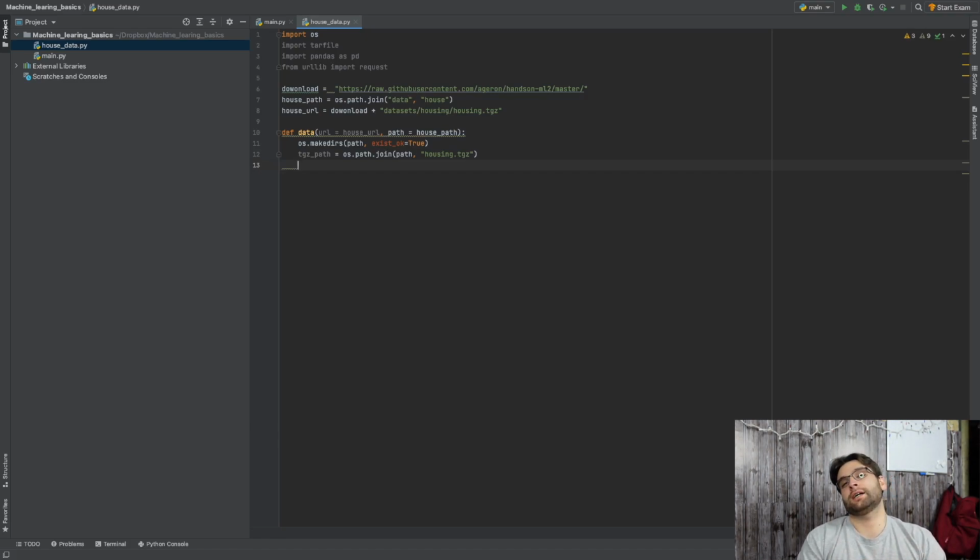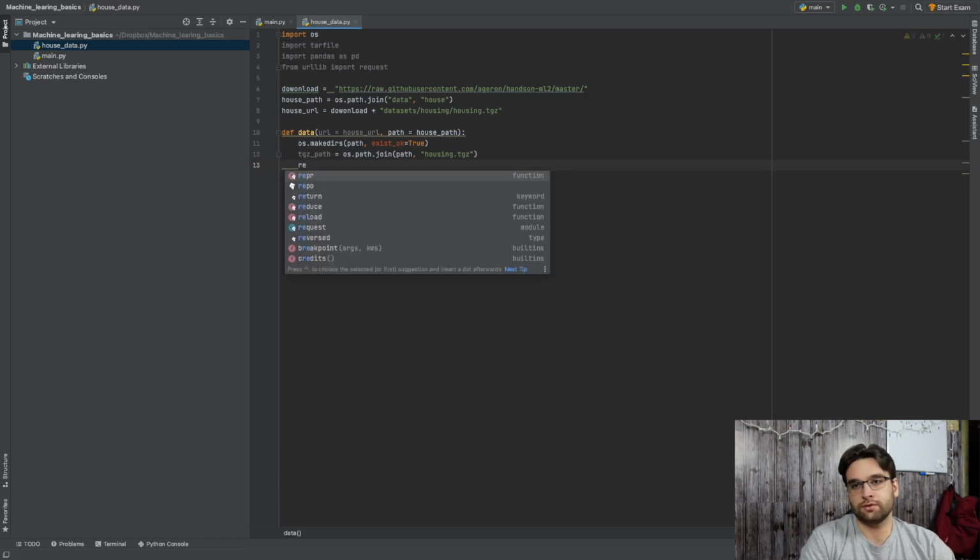We're actually going to download this file to our computer with request. So up above, when I said from urllib import request, do not do import urllib, because urllib is actually a very big library, and it is a lot easier for you as well as for your computer if you just import the request instead of the whole library itself, so you can make this a lot smoother of a process, because we only really need one command from this library, which is the one we're going to go over right now, which is